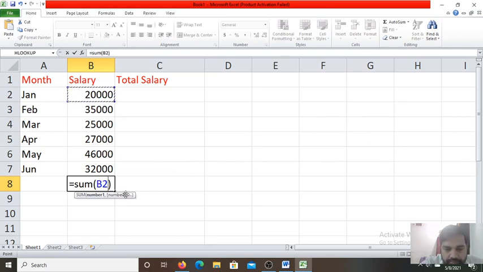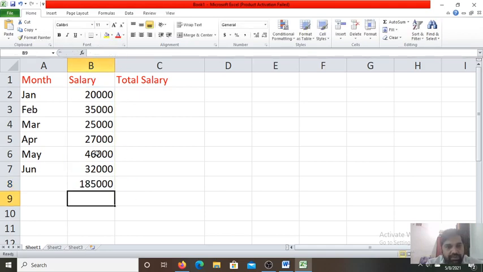After that a comma. The second number you have to take is this range. Put a colon for the range B2 to B7. Now press the enter key. This is the formula we have used from B2 to B7. It will add all these values.